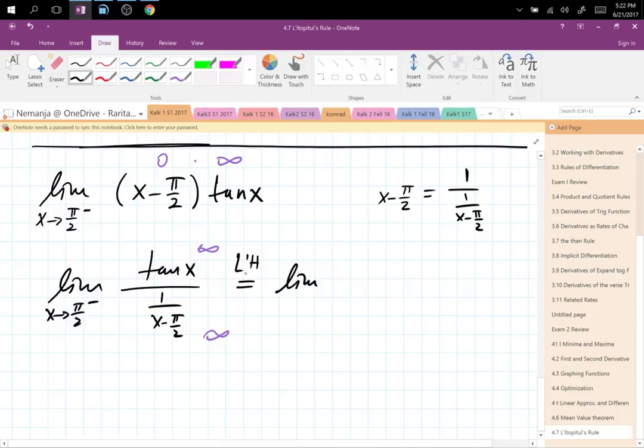Well, that's when you put this one, this is where your derivatives go. As I said, right? You do the transformation, you check if you have infinity over infinity or 0 over 0, that's when you can take the derivatives. So now derivative of tangent is very good, and derivative of